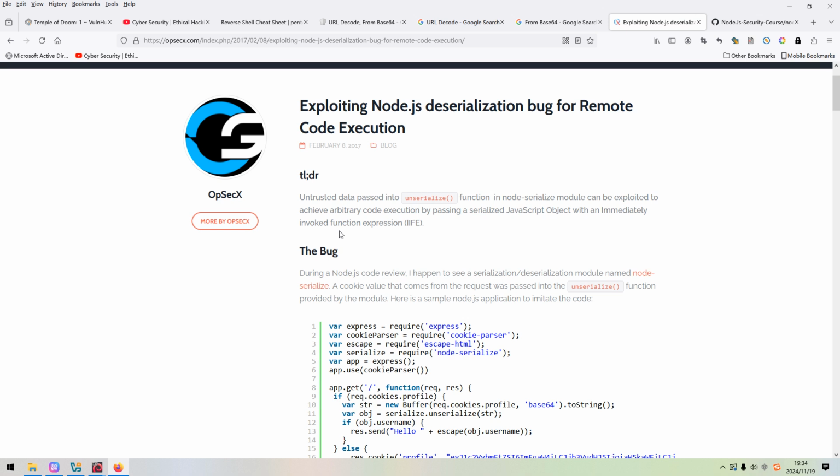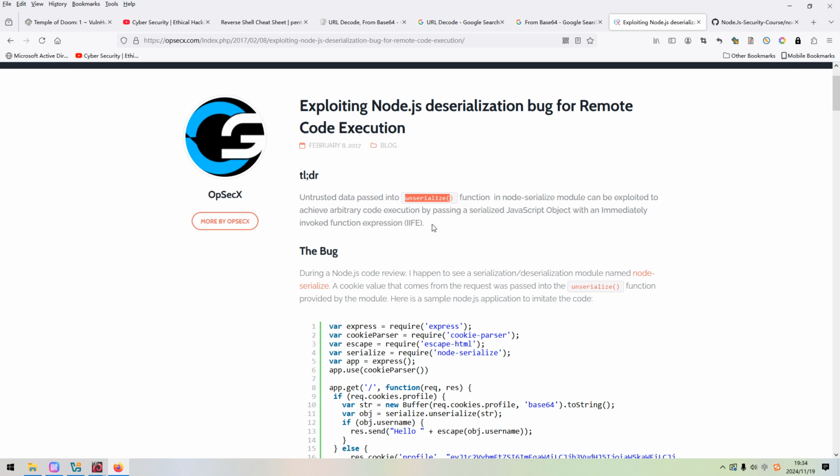This vulnerability can allow a hacker to pass malicious data or a malicious payload to one function. The function is unserialize. Sorry, I cannot pronounce it clearly, but I think you have already got my idea.